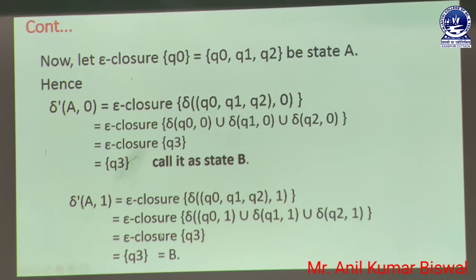So here we have the explanation of the epsilon closure of Q3. Here Q3 is created from Q2 and Q1. Whenever the Q2 state takes an input symbol 1, it creates a state known as Q3. So here we are going to calculate the epsilon closure of Q3, and at that moment we create a state Q3. That Q3 is the same as state B, which was already mentioned in the above explanation. So here also Q3 is considered as state B.